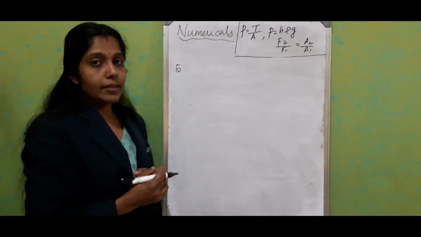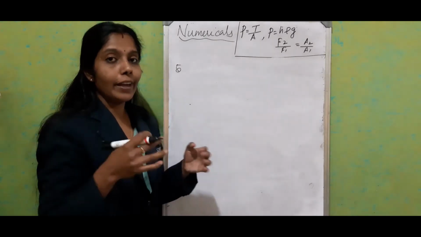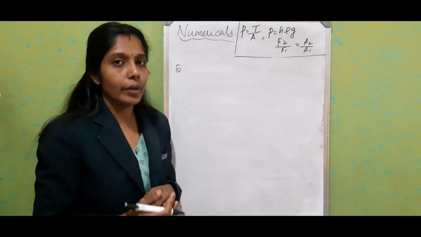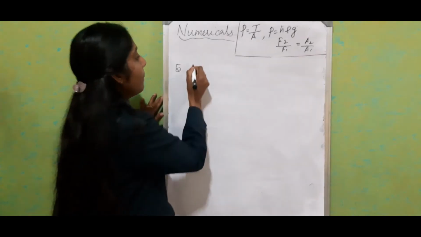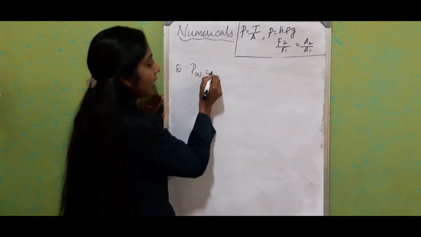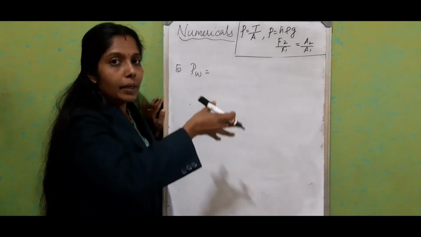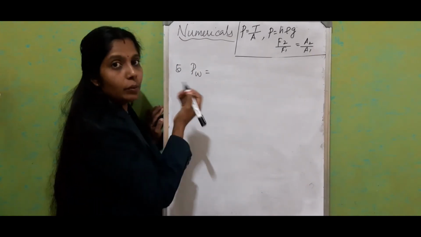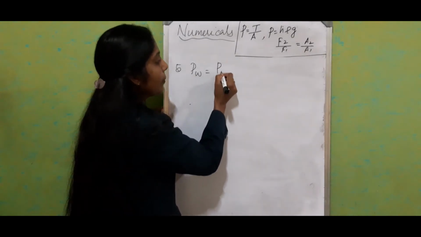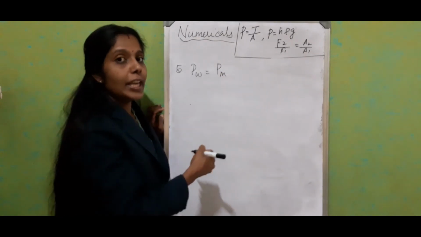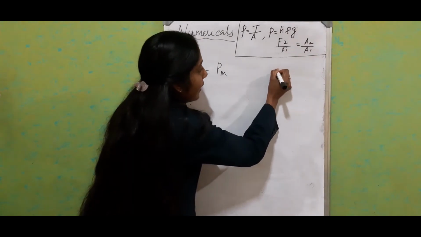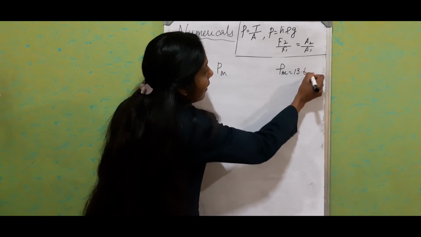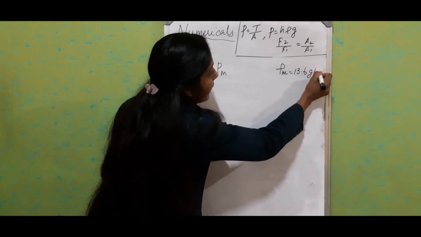So in this question, we are pouring the water and we have to find out how much the mercury column rises on the other side. Here the pressure of water is equal to the pressure of mercury, because we studied that if we apply pressure on one side, it is distributed equally. We will equalize that. And here the density of mercury is given as 13.6 gram per centimeter cube.